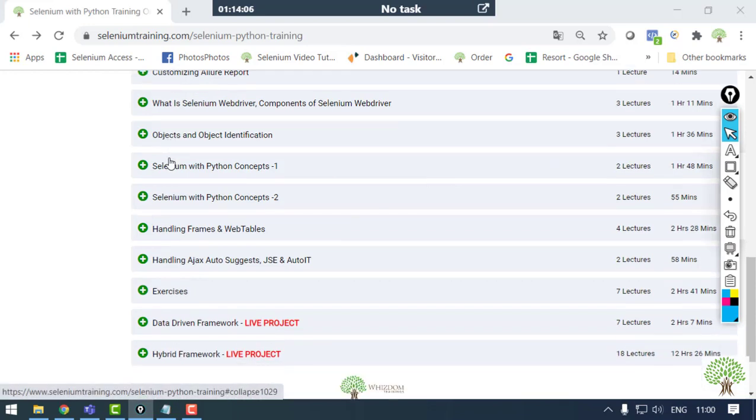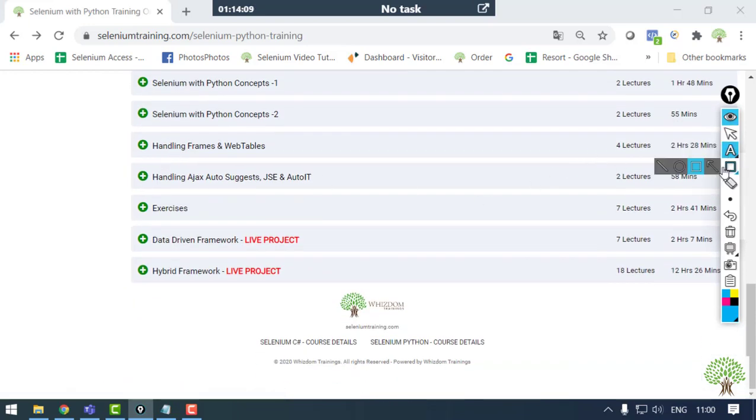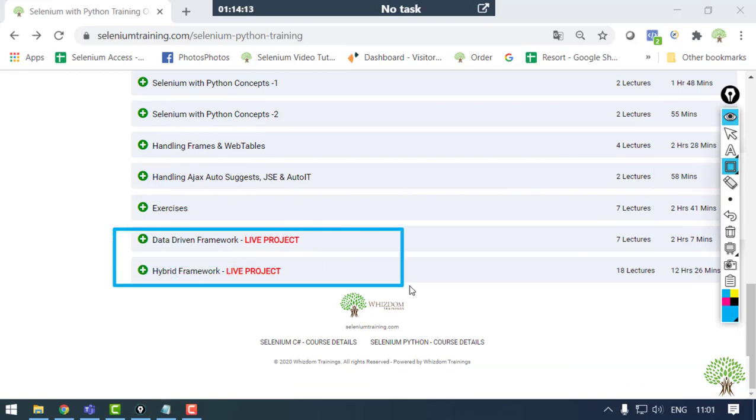And at the end, when you will have learned all the information regarding the programming language, the PyTest framework and the Selenium commands, then you will come up with the frameworks. Now frameworks are nothing but the end-to-end project. Right now there are only 2 frameworks. More of the frameworks will be coming by time. But these frameworks that are covered over here, they are in detail. They have a number of information that you will be learning.